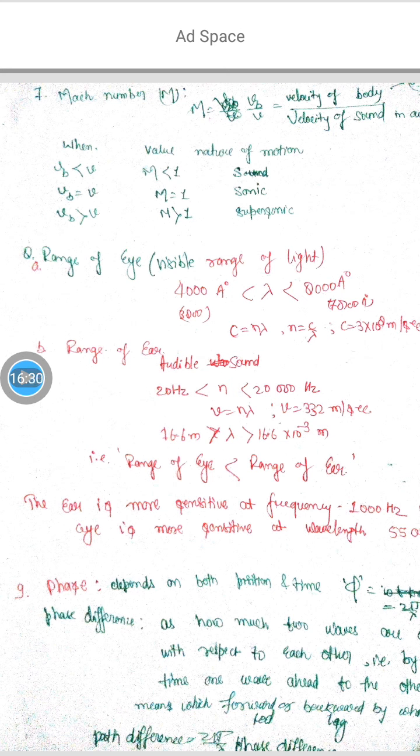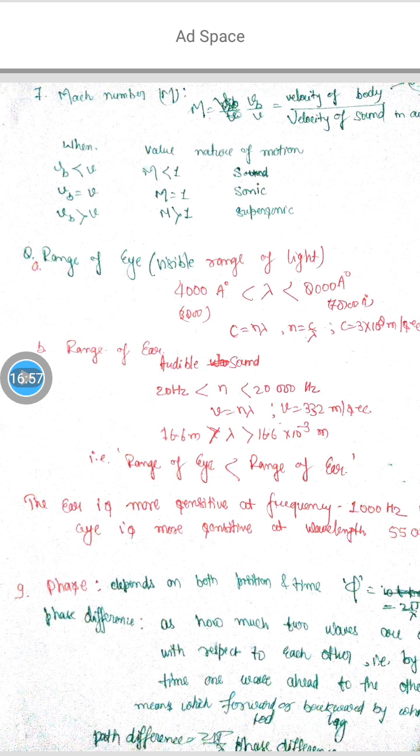So what is the range of the ear? A human can hear only 20 hertz to 20,000 hertz. Okay, v is equal to n lambda. And what is the velocity of sound? It is 332 meter per second. So when we apply the formula v is equal to n lambda,